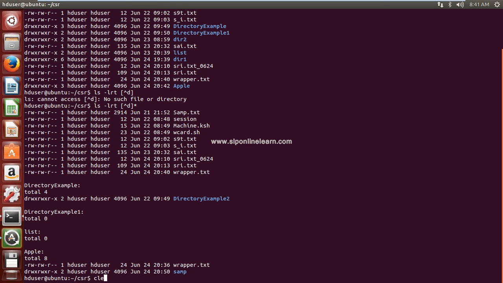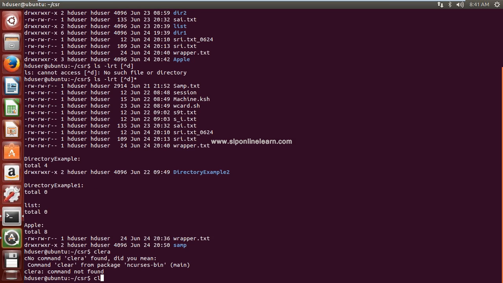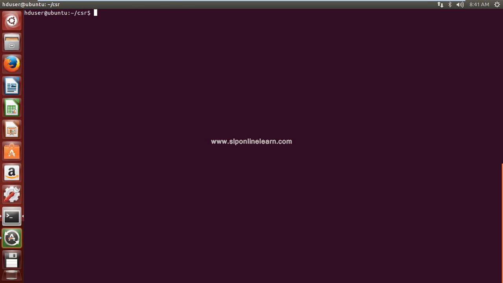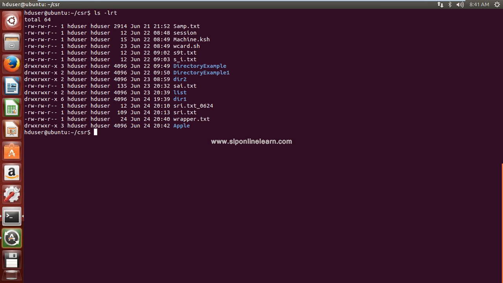Okay, we'll see this example when we come to regular expressions, right? Fine. Right. So these are some files and directories present in this directory. Now, suppose you want to move a file, first we'll check with files, then we'll check with directories.